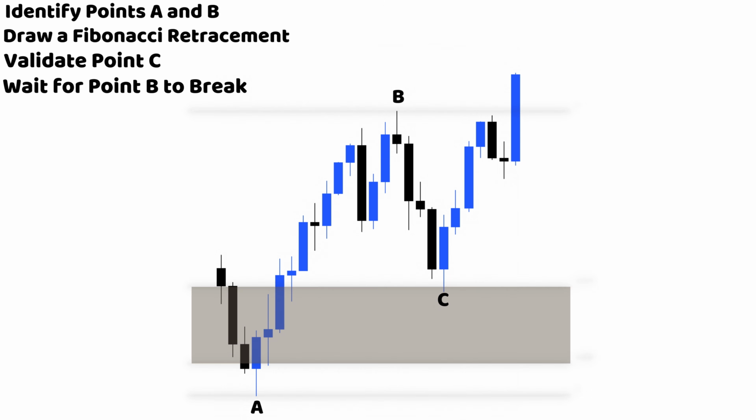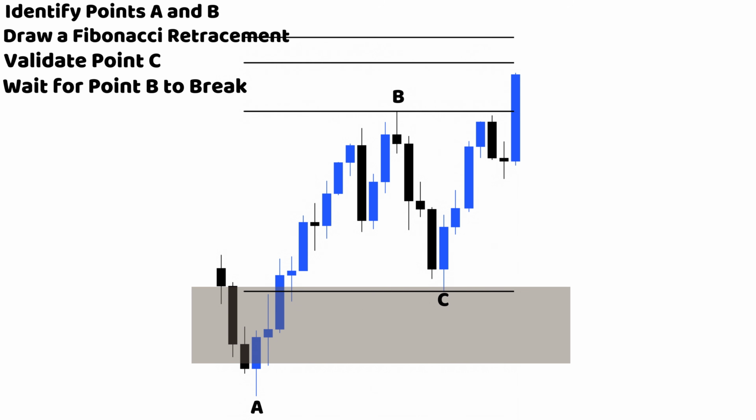To identify this area, simply draw a Fibonacci retracement from point B to point C. The 1.41 level will serve as our stop-loss point, ensuring we manage our risk effectively. Take Profit 1 will be at the C level, providing a conservative target. Take Profit 2 will be at the starting point of the move, which is point A, offering a more extended target. Now, let's set up an example trade and analyze it step by step on the chart to visualize how this strategy works.